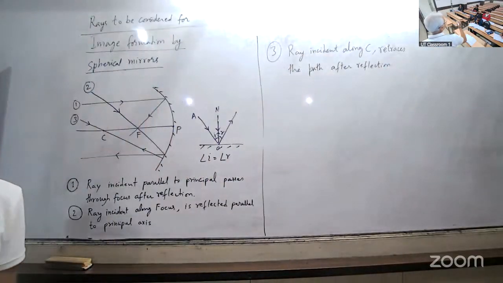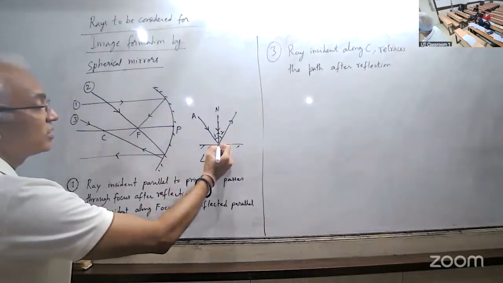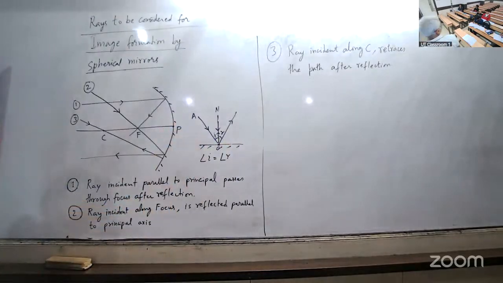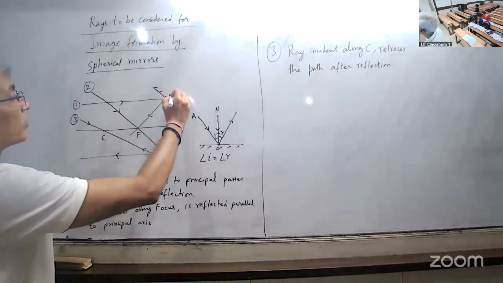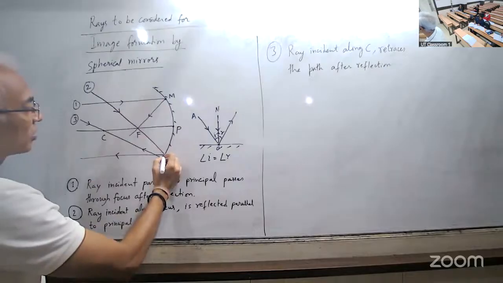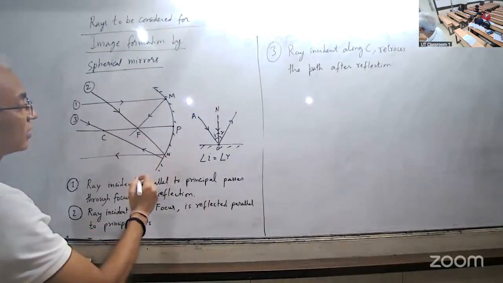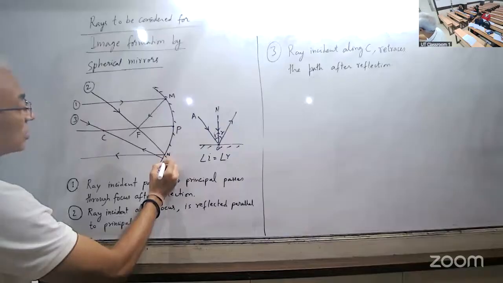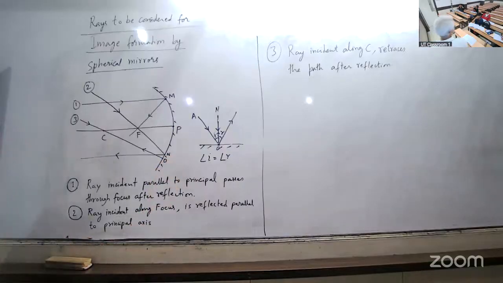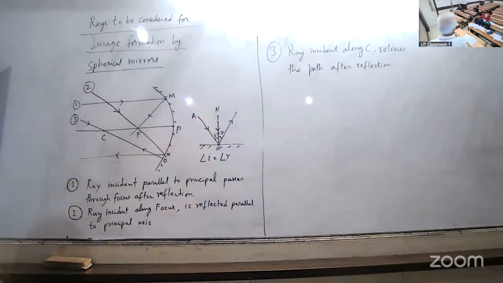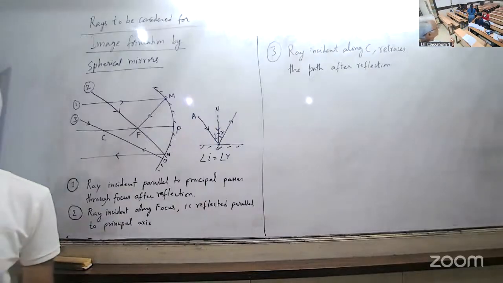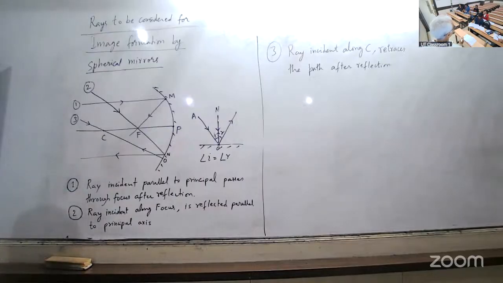रिफ्लेक्शन होने के लिए हमको दो चीज चाहिए। एक चाहिए पॉइंट ऑफ इंसिडेंस जो होता है रिफ्लेक्टिंग सरफेस पे। फर्स्ट रे के लिए हमारा पॉइंट ऑफ इंसिडेंस था एम, सेकंड रे के लिए एन, थर्ड रे के लिए पॉइंट ऑफ इंसिडेंस क्या है, ओ। तो एक तो हमें पॉइंट ऑफ इंसिडेंस चाहिए और एक नॉर्मल, तब हम एंगल ऑफ इंसिडेंस और एंगल ऑफ रिफ्लेक्शन बना सकते हैं। और एंगल ऑफ इंसिडेंस एंड एंगल ऑफ रिफ्लेक्शन में क्या रिलेशन है? एंगल आई इज इक्वल